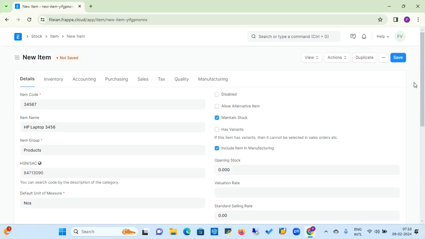Again, we will see some of the top settings from the detail page. Here, as I said earlier, there is a disable checkbox facility. If you check this disable checkbox, then this item will not be available for any transaction in the ERPNext system. Then also, allow alternative item. It means that if this item has some alternative option, then you can create an alternative option for any other item